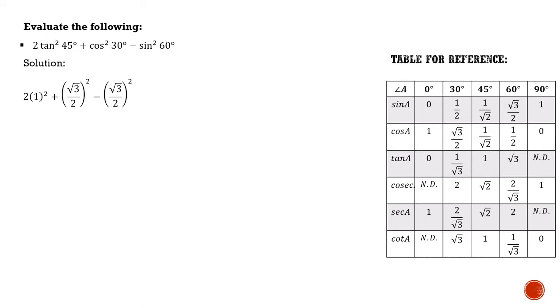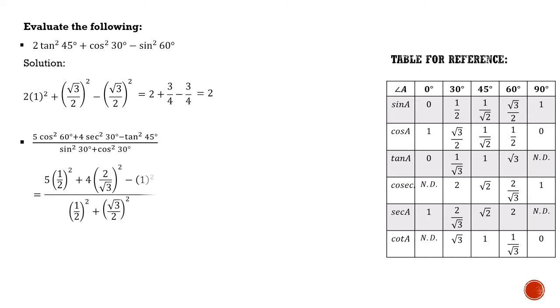Similarly, the cos 30 is having the value of root 3 by 2 and sine 60 is having the value of root 3 by 2. So from the table, I am extracting these values and keeping the same in the expression here. So when I solve this, this is what I will be getting, and 2 will be our answer. Very simple. Let's take a look at the next question of the similar kind.